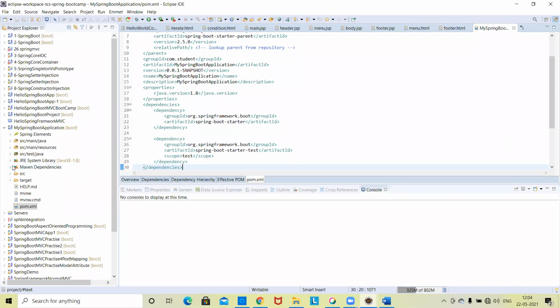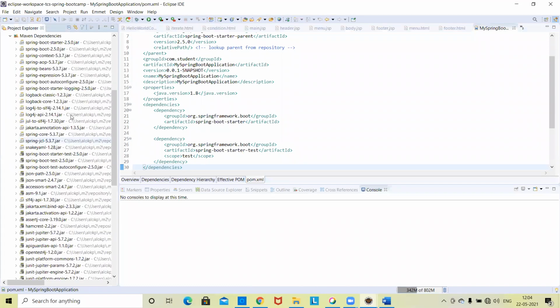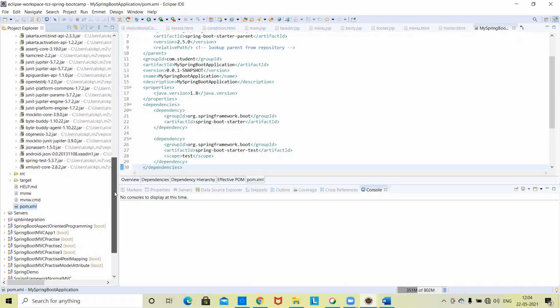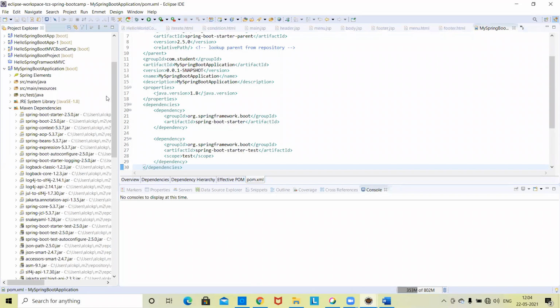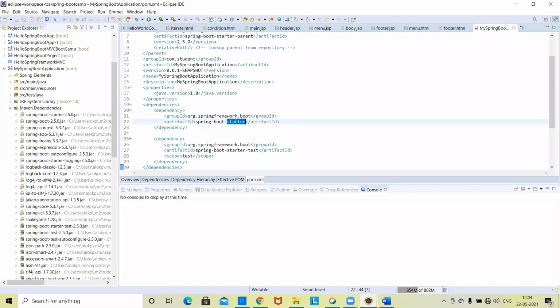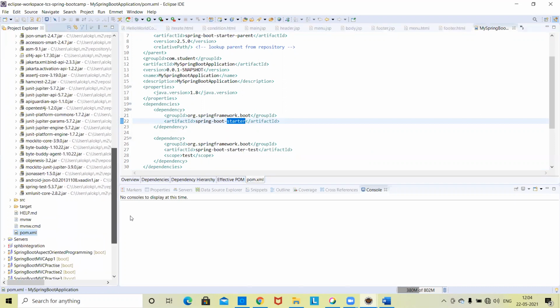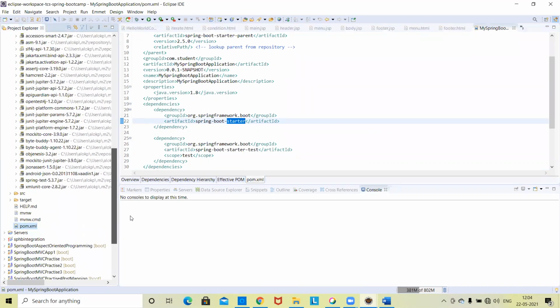If you click here, Maven Dependencies, these are all the jar files already configured. You are not required to know much detail about what is inside, but just be aware that when you select a Spring Boot project, these supportive backend jar files are there. When you start the project, you notice that it is building, and it takes some time.